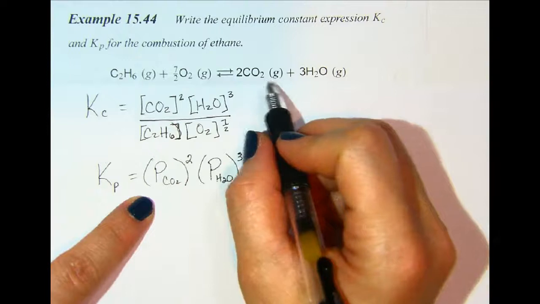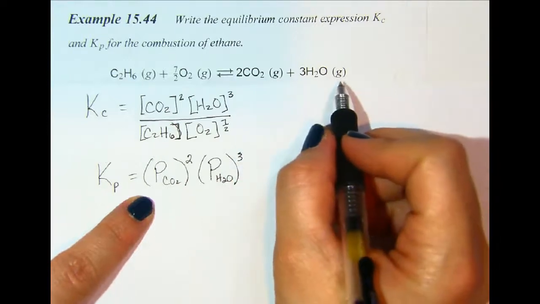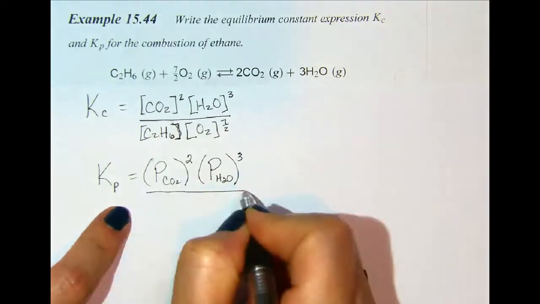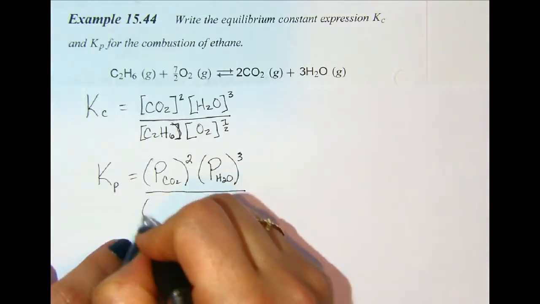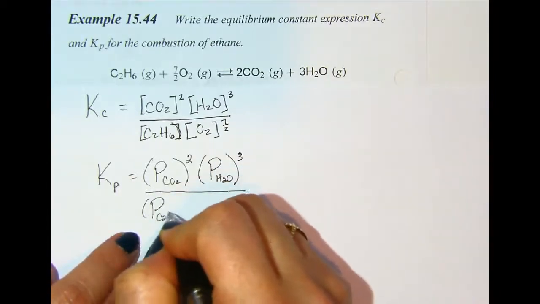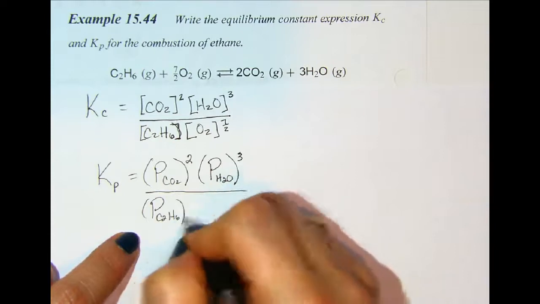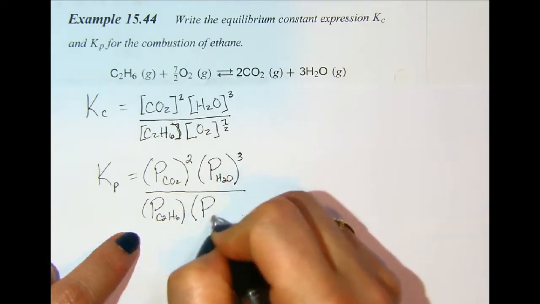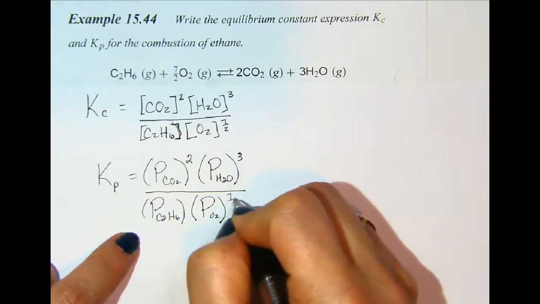Remember, you can only include gases in a Kp expression. Put all of that over my reactants, partial pressure of C2H6 times the partial pressure of O2 raised to the